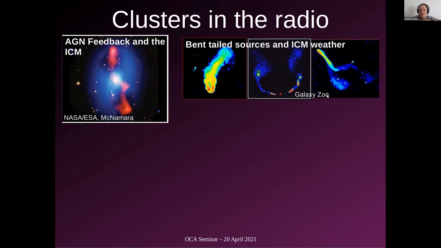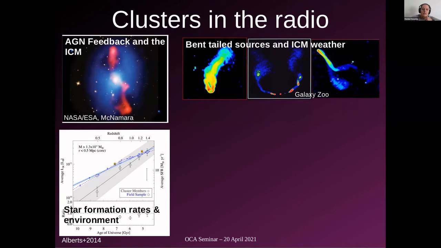By studying these types of sources and often coupling them with simulations, you can identify the dynamics of, for example, the cluster merger, what components there are, and basically the details of the dynamics. Then in terms of population studies, I mentioned this before, using a cluster environment to study the effect of environment on galaxy evolution. One of the obvious things to study there is the star formation rate. There's also the far infrared and radio correlation, and the idea,